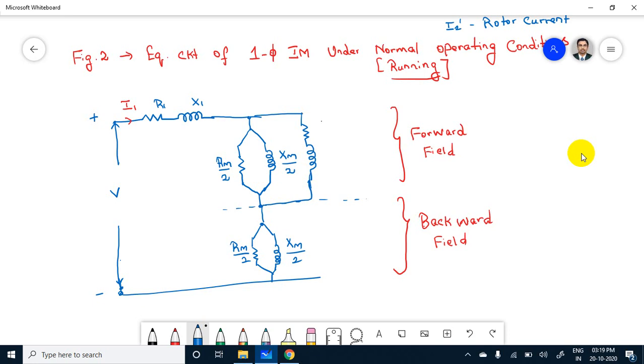Okay, this is R2 dash by 2, X2 dash by 2. Okay, R2 dash by 2, X2 dash by 2. So it's not running, right? Okay, it is in standstill. Now it is in standstill. So here I am representing that it is in standstill. Okay, it is in standstill. So this portion